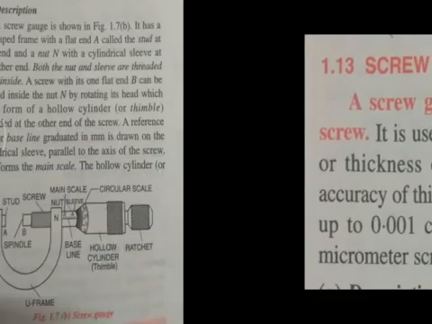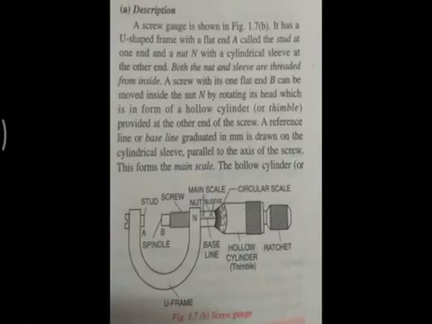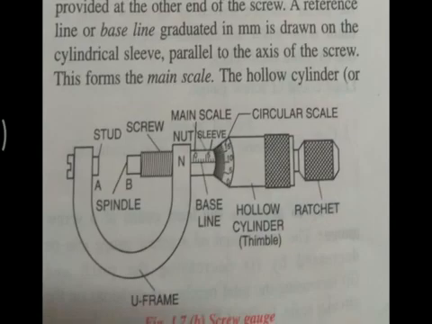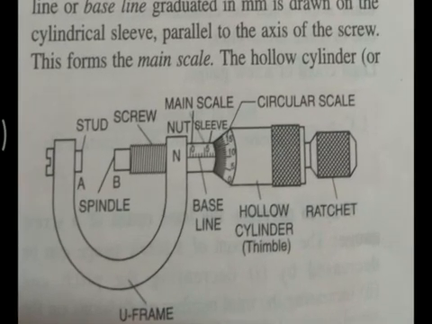So next comes the description. Over here the diagram is given. This is the construction diagram of the screw gauge. It has stud A, that is fixed, having a screw, right? And the screw has a nut, then it has a sleeve, circular scale, and ratchet, right? With the help of the ratchet, we move the ratchet. If we move the ratchet, the circular head will move. This circular head will move on the sleeve, right? And when it moves on the sleeve, the screw will move, and so B will move towards A, right?